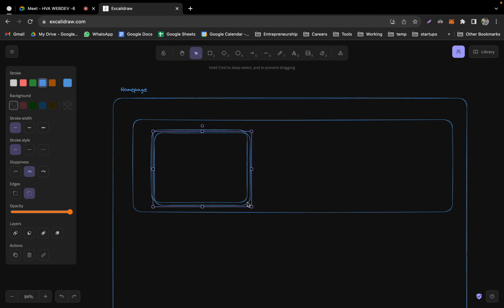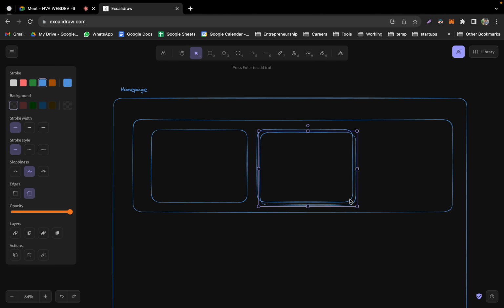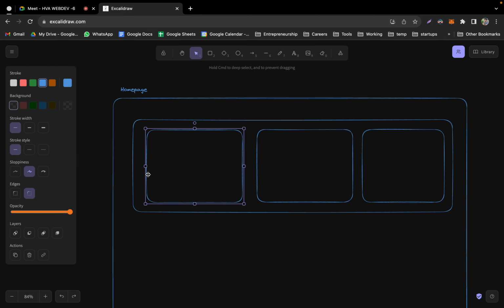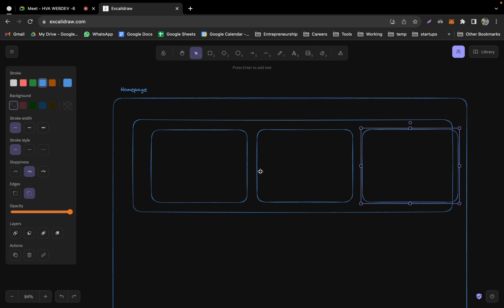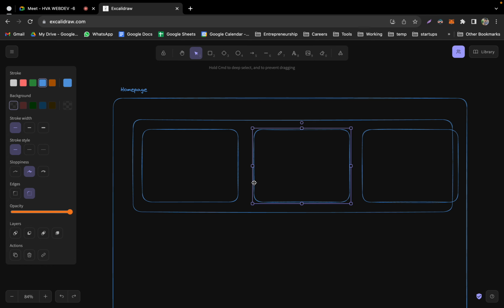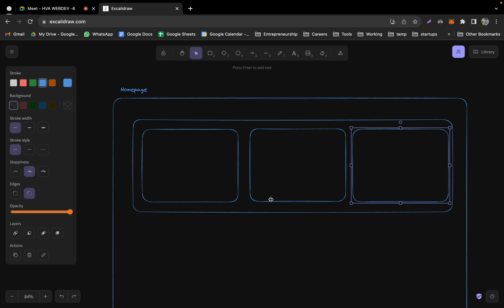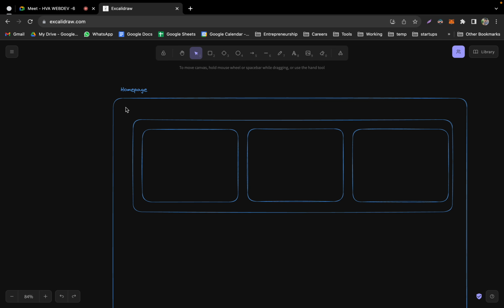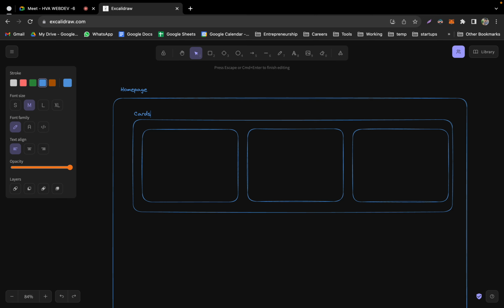This card you will keep on replicating multiple times, once more like this. This is your cards basically, and this is your card.